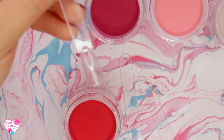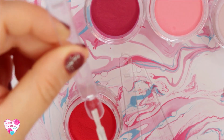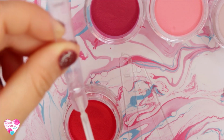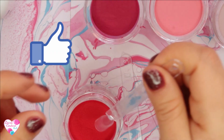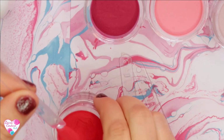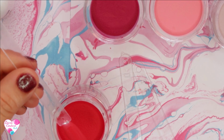So you're going to take the number 2 and place it on top. A nice thin coat. Put back in the bottle. Dip it. I don't like to dip it. I'll show you guys the method I like to do, but if you dip it, this is how you would do it. So then you take their little brush,